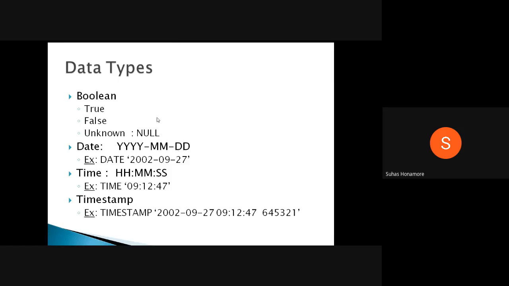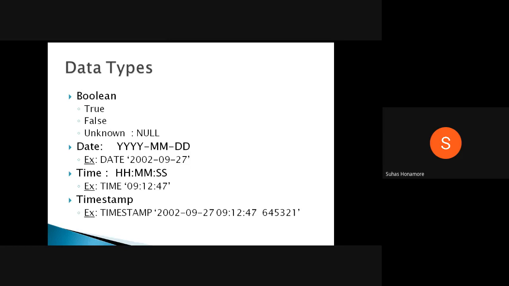Suppose while creating the table you gave date, and while inserting the values you try to insert only a string, it will throw an error, because the date keyword is missing. A data type mismatch will happen, and at that time it will throw the error. So you have to check properly and insert the values properly.